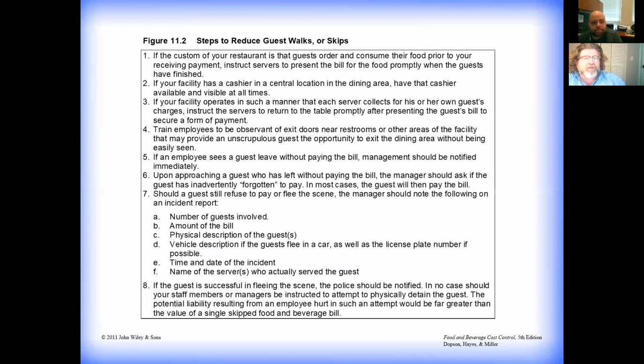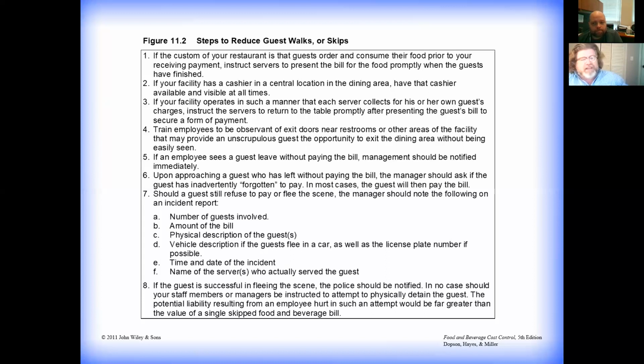Have the cashier be visible at all times. Instruct the servers to be timely. Train the employees to look at the exits. Have the employees tell managers immediately when it happens. Have the manager deal with the problem. If there is an incident,